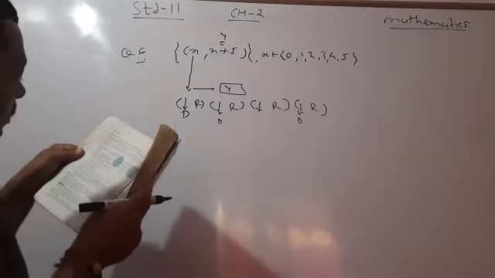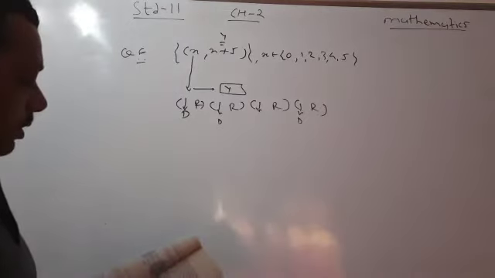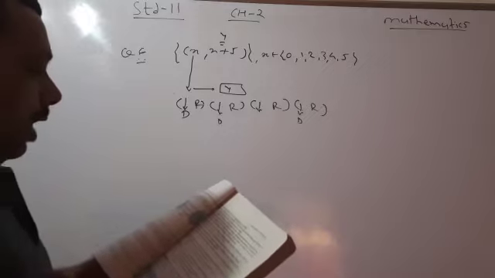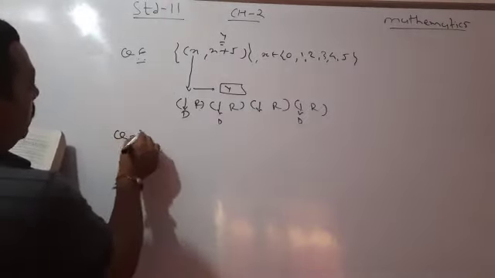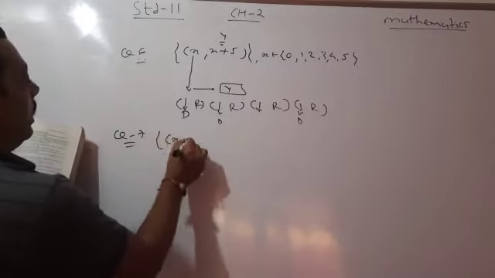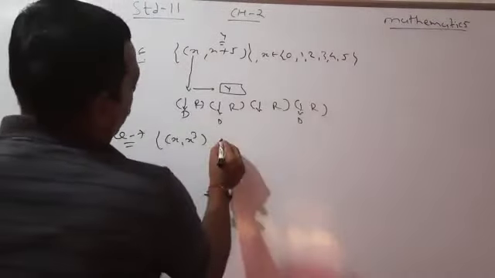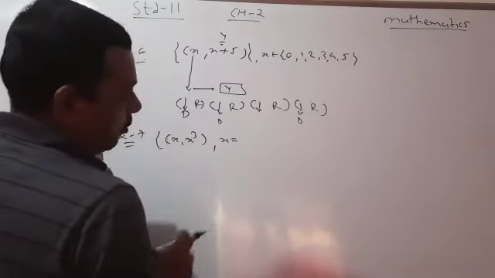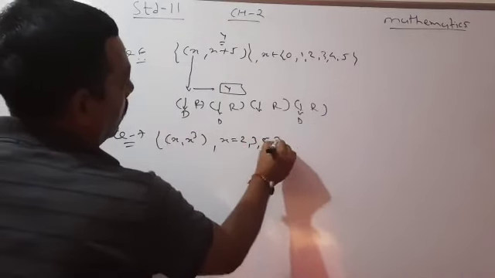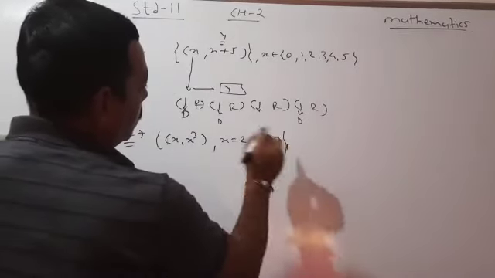Now question number 7. Question number 7 may be asked for a 1 mark question. Write the relation R. See, in question number 7, the relation is ordered pair (x, x cube), but x is a prime number less than 10. So what can we consider as x, a prime number? 1 is neither prime nor composite, so we have to write 2, 3, 5, 7. 8 is not possible, 9 is not possible and 10 is not possible. So these are the possible values of x.